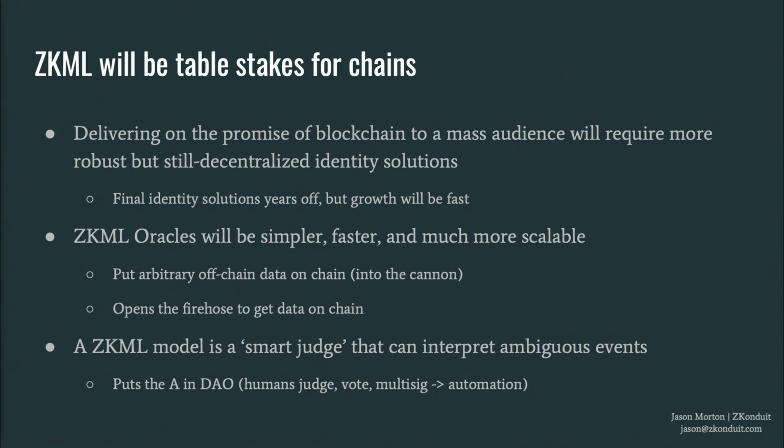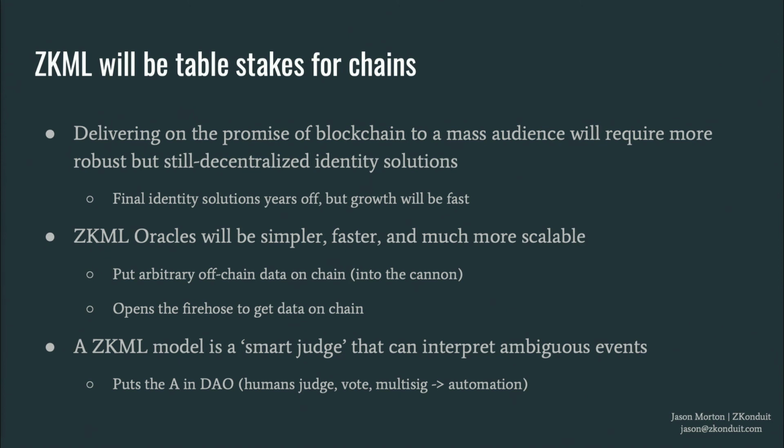And then this oracle story, so the ZKML oracles are just way more scalable than a solution that uses complex cryptoeconomics. So this set of humans make a judgment, they stake some money, another set of humans judge the first set of humans, and the whole thing takes hours or weeks to resolve. With ZKML and signed inputs, we can be in a situation where a single person downloads a news story from Bloomberg, runs the model, uploads it. Now the chain knows that Bloomberg says that so-and-so won the election or whatever happened, right? That just opens the fire hose to get data onto the chain.